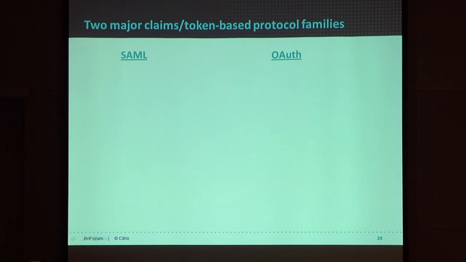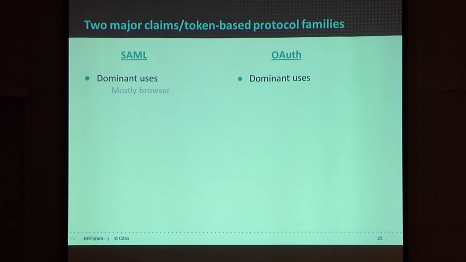Basically, SAML and OAuth. Now, SAML is the older of the two. It's been around, I think, just over 10, 11 years now. And OAuth is kind of the new upstart that's been created quite recently. It was actually started by folks like Facebook and Twitter for solving their problems. They wanted to allow lots of people writing third-party applications to connect to their systems, and they wanted to get away from passwords. They wanted to solve the password anti-pattern, as they call it. So OAuth was developed, and it's interesting, they decided not to use SAML for doing that. And I'll come to the reason why in a second.